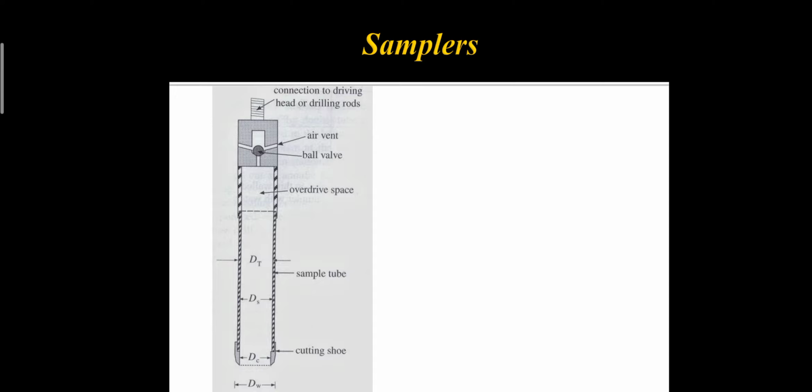And above that they will be having air. Above the sampling tube there is some space that will be vacuum filled space, and above that space we have the air vent and ball valve. Air vent and ball valve are given because 12 meters or 6 meters below the ground level, the sample is very deep. When the sample is deep, at 6 or 12 meters we will get the water table. Because of the water table, the sample will have mixed with water.